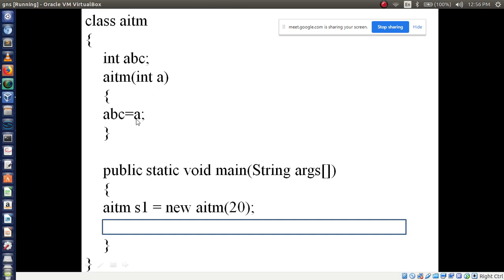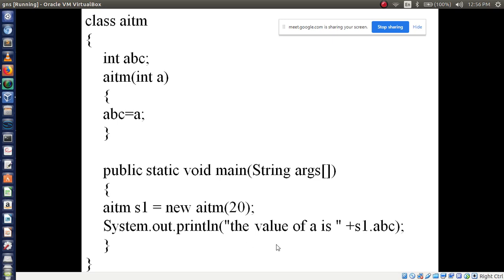Then a value is how much? 20. 20 should be stored in variable abc. Then you are printing the abc value. SOP, the value of abc is. Here you have to write abc. How to access this value, how to print this member? Reference variable s1 dot variable name abc.